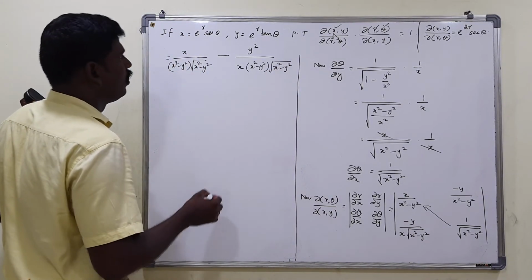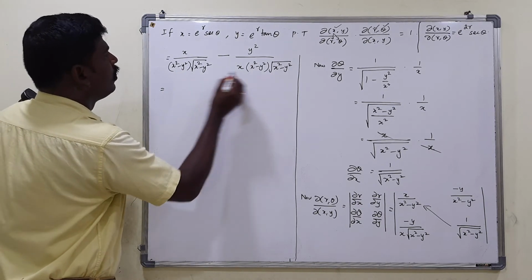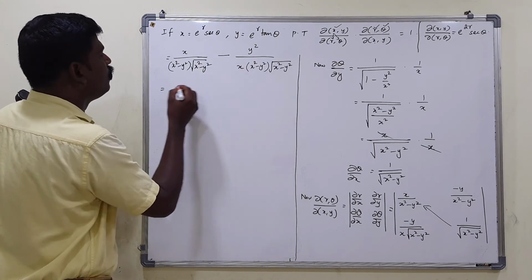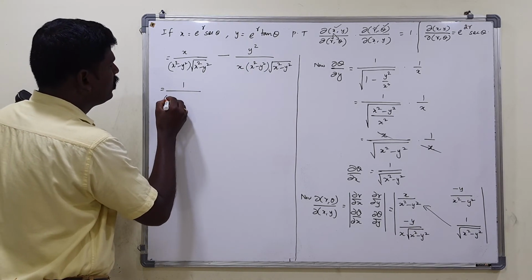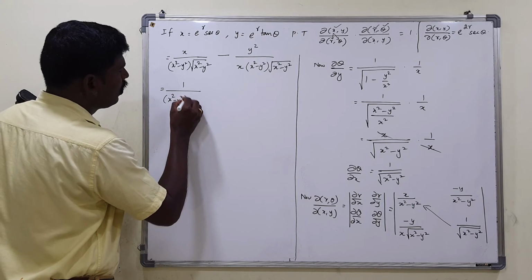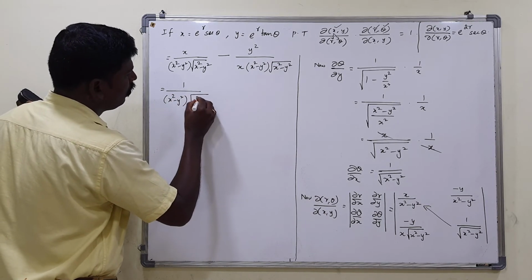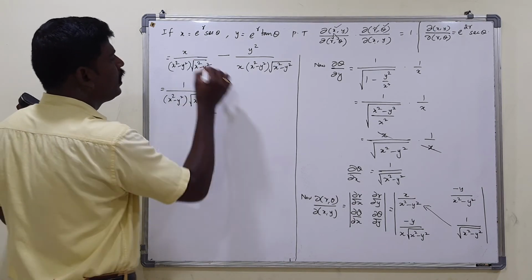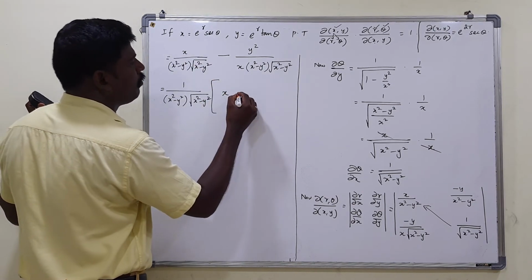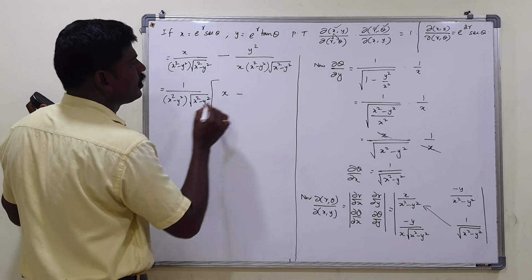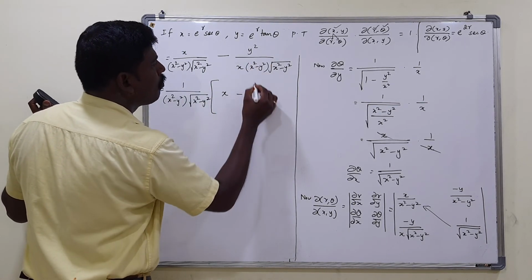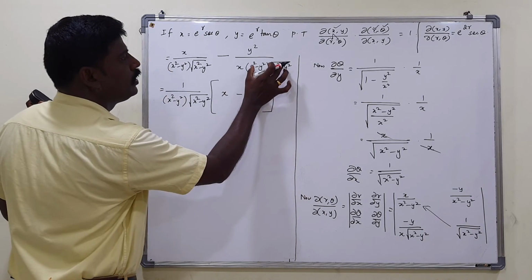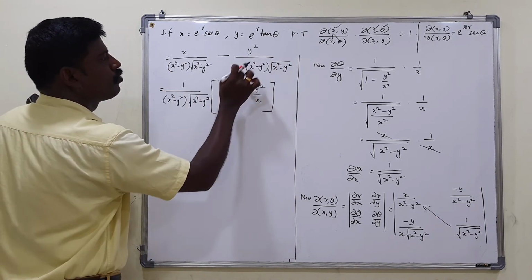Right? That's all. Now we can take x square minus y square into root of x square minus y square as common from both of the two terms. So that is in the denominator, isn't it? If we take it as common, what is remaining in the first term? Only x is remaining in the first term. And then minus y square by x is remaining in the second term, isn't it? So we take these two terms as common, right? So remaining y square by x is in the common.